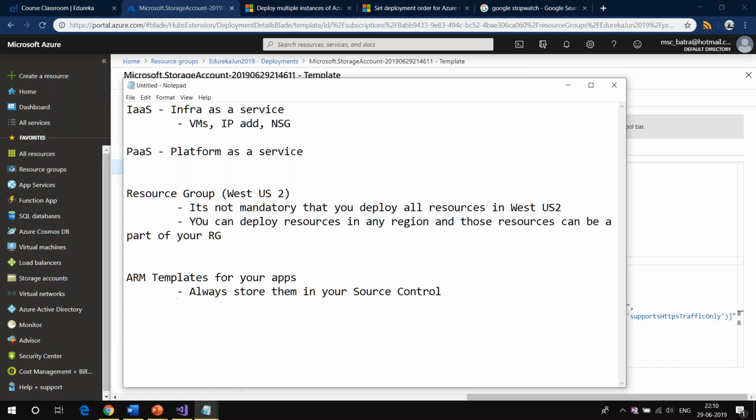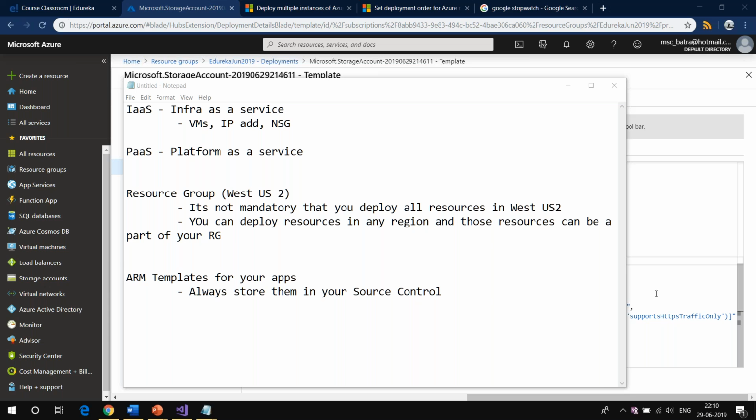Roshan is saying the deployment tab is the log of all activities. Yes. And Dinesh is asking, can the JSON file be the same for 2 storage accounts in one resource group? Great point, Dinesh. So what we will do is create an ARM template. From the ARM template, we are going to deploy 2, 3, whatever number of storage accounts you want to do.